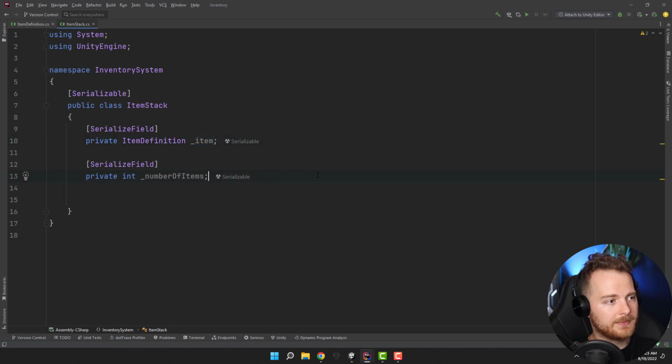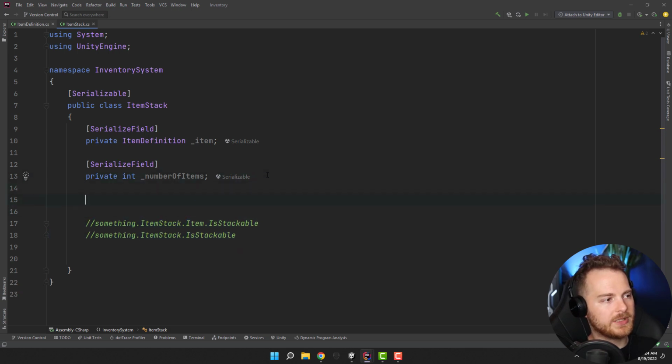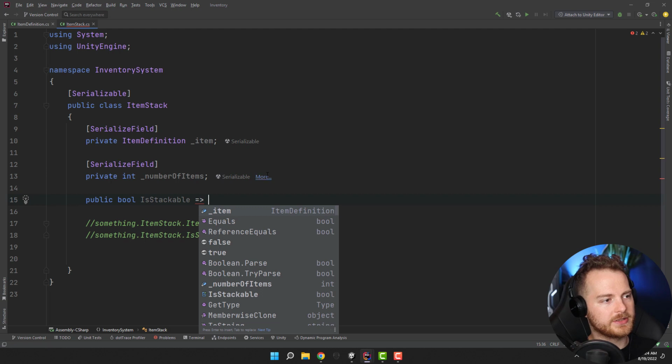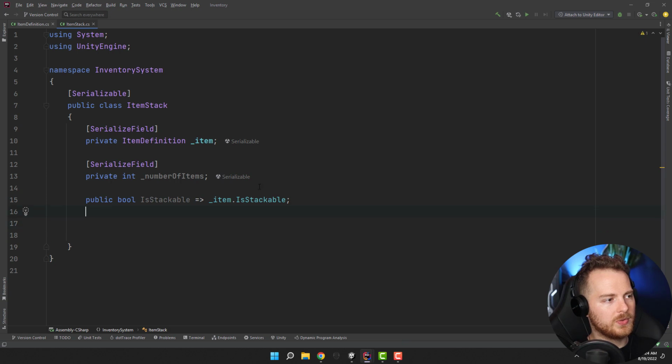Otherwise, basically what we try to avoid, we don't want to do itemStack, then item, then isStackable, right? Instead of that, what we can do simply is itemStack.IsStackable. So in order to be able to do that, we simply make a public property, public bool IsStackable, and return item.IsStackable. As easy as that. Now, of course, we want to expose our item definition. So Item,